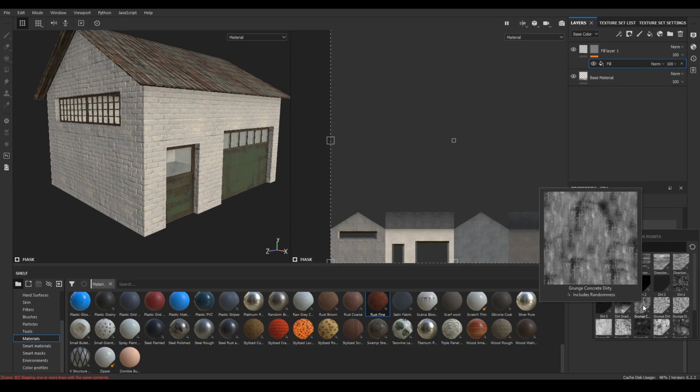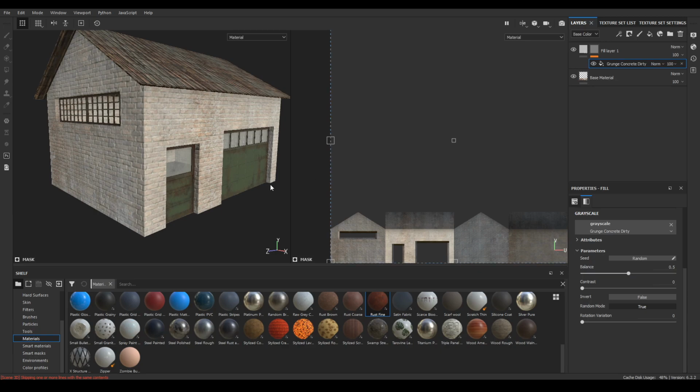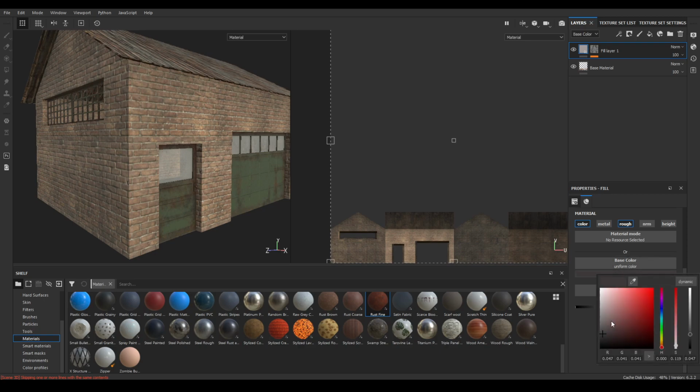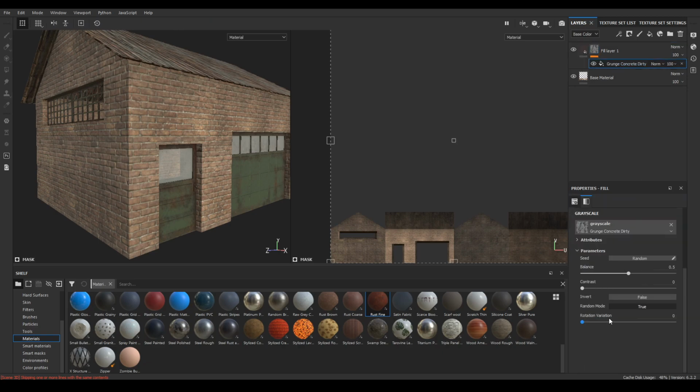And you'll see this grunge concrete dirty. Select this and go back to your fill layer, change the color to something more darker. Come back to your mask and increase the balance to 0.55 or maybe 0.6.